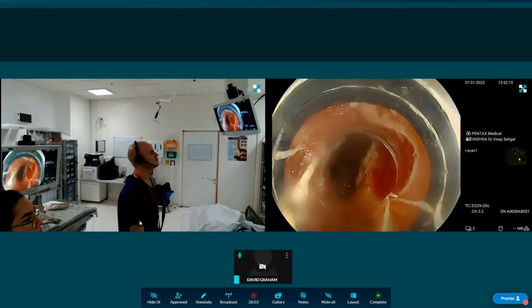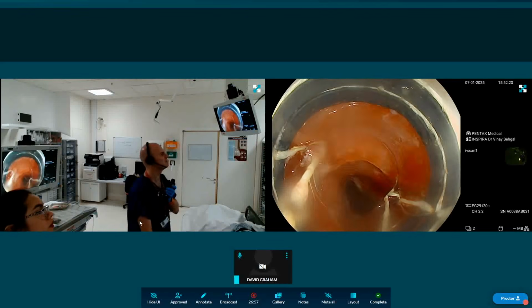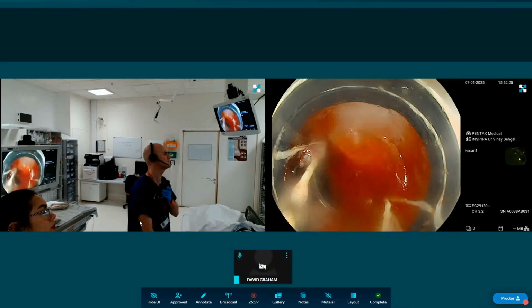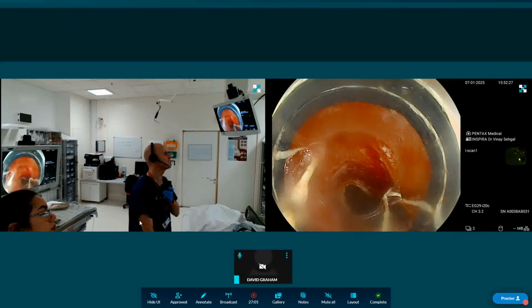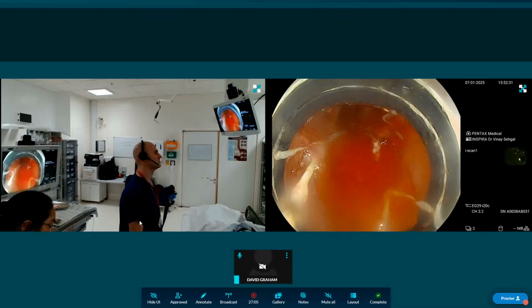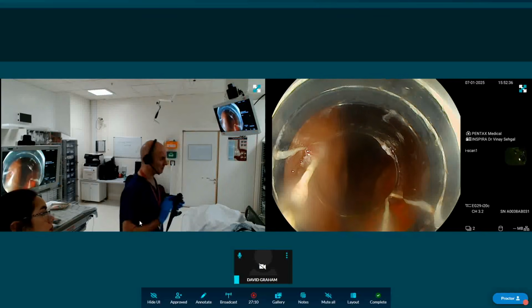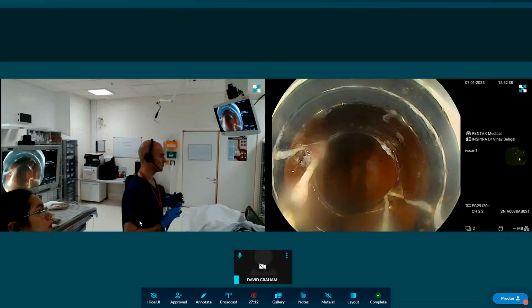The question is now whether that ooze in there is something we need to treat, and it probably is. So you can see here we have a bit of post EMR bleeding. It's actually quite common to see this. It's nothing to worry about particularly. You can see it's bleeding from that site there. Now, because I've finished the resection, if I hadn't finished the resection, I'd just carry on resecting, so it's not bleeding particularly profusely. But I have finished the resection, so actually what I can now do is just fire off